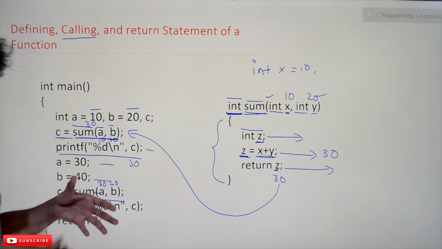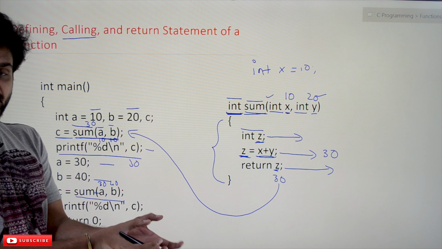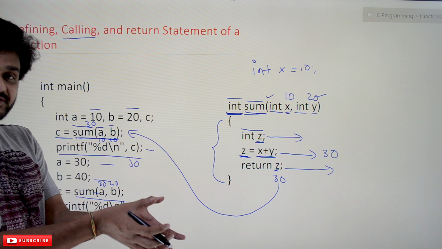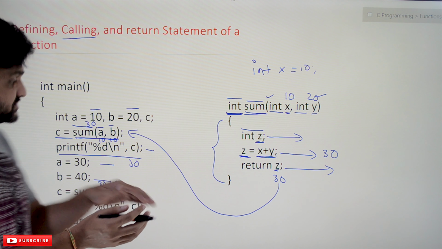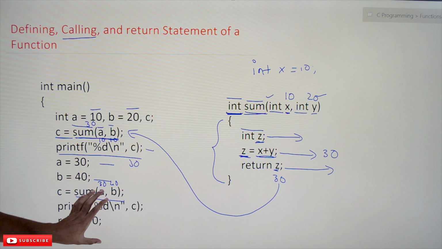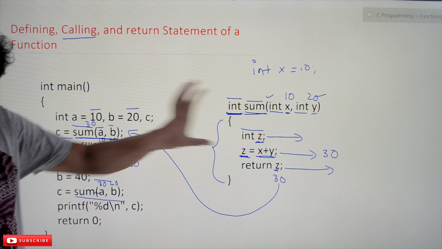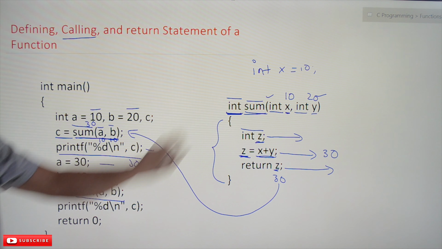Okay, so this is one of the best features of the C programming language. Using this feature, we can write programs in an efficient way, instead of writing all these programs again. By writing the program this way, we can simplify those concepts. That simplification can be obtained by using functions.